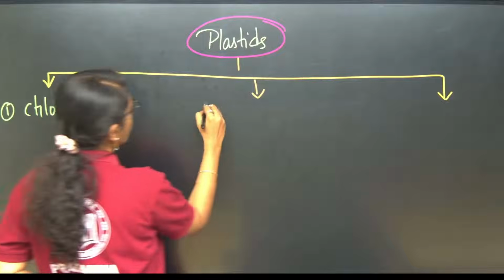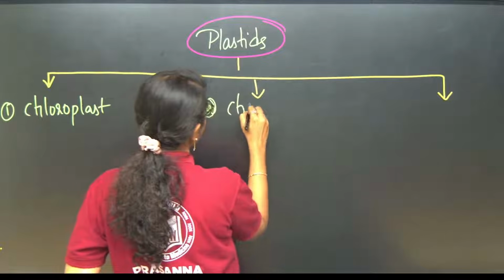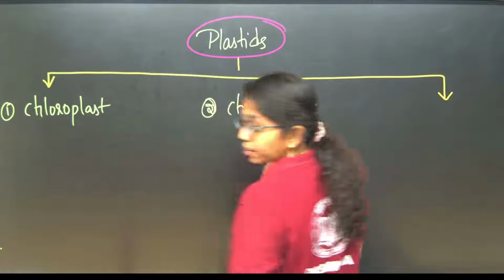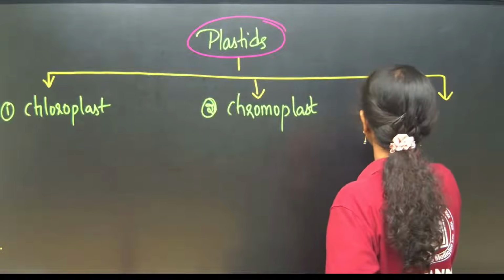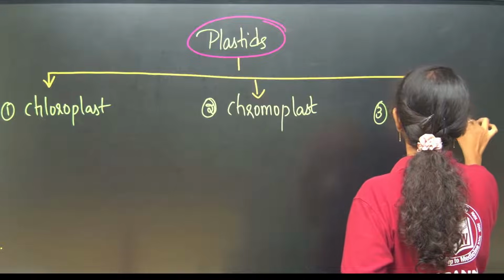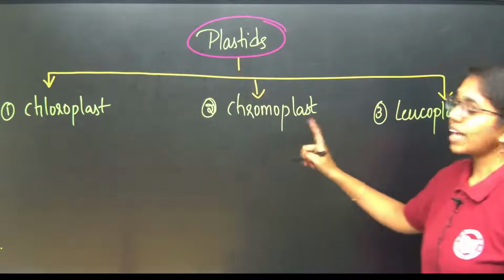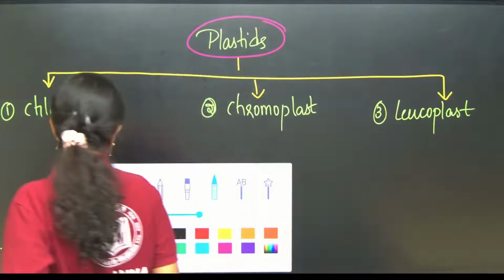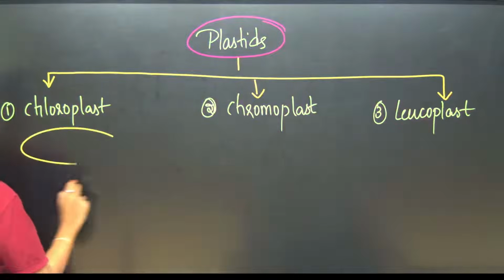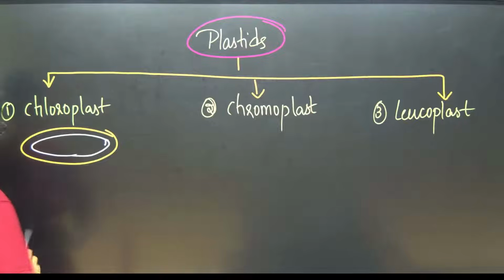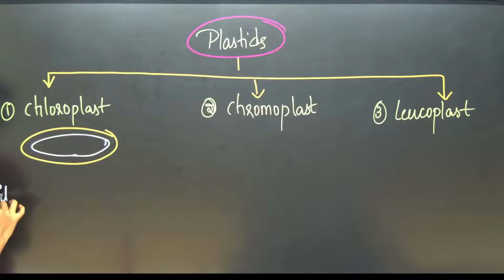Second is chromoplast, and third type is leucoplast. Fine, chloroplast, chromoplast and leucoplast. Chloroplast is the double membrane bound organelle which has fat soluble pigments, like it has fat soluble pigments